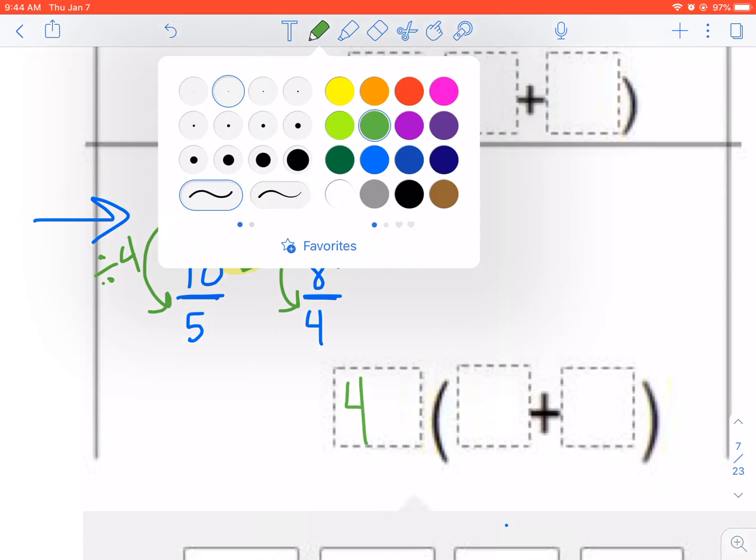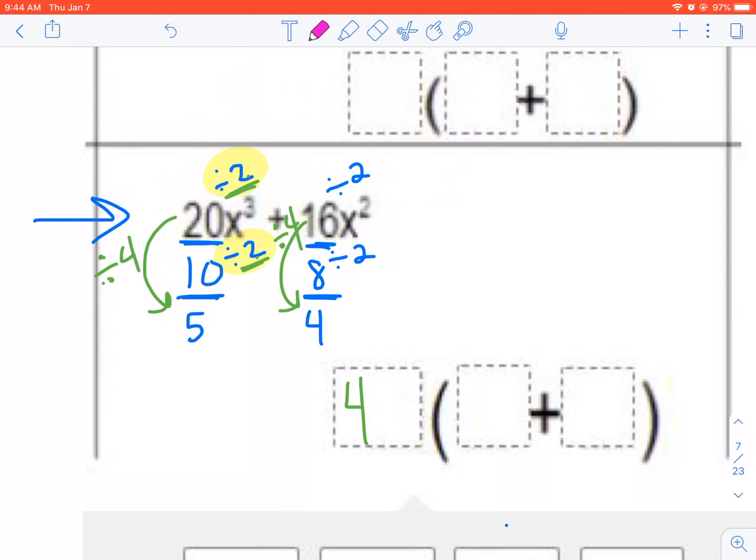Then we're going to focus on our variables, our x. We have x to the power of 3. Remember, x to the power of 3 means 1, 2, 3 x's. X to the power of 2 means 1, 2. X times x. Now, do those have anything in common? Yes, they do. And before I go on, I'm going to need to write this